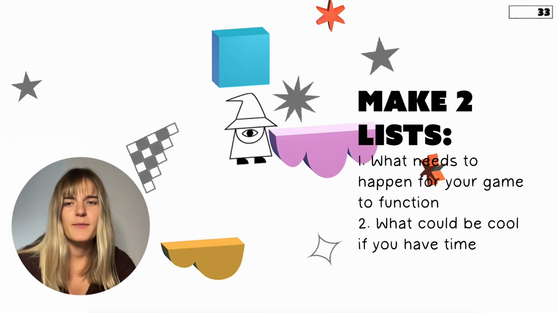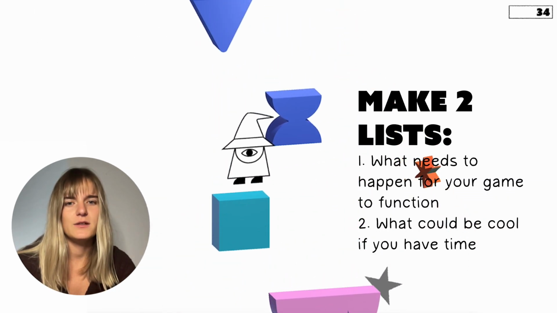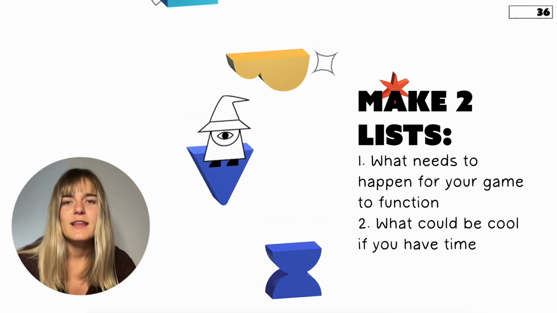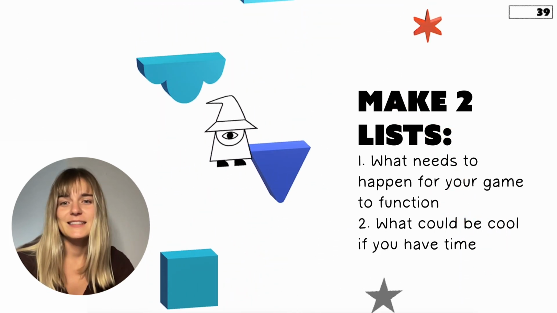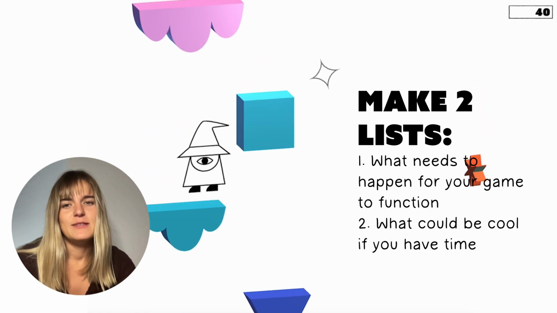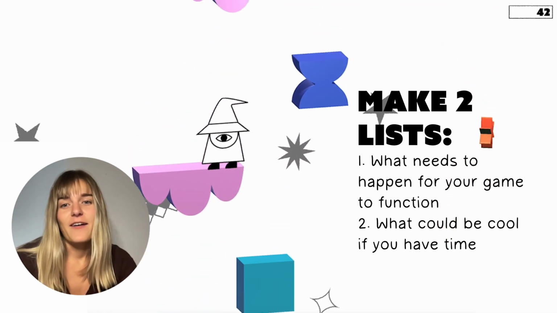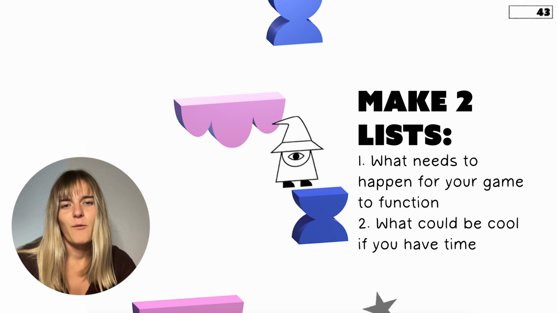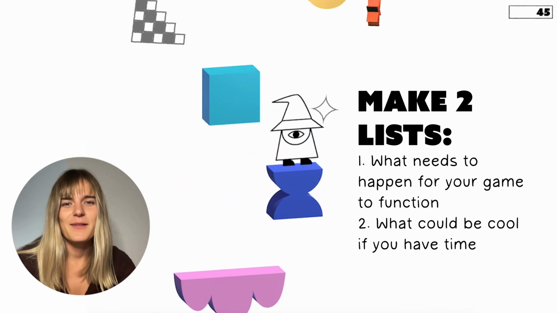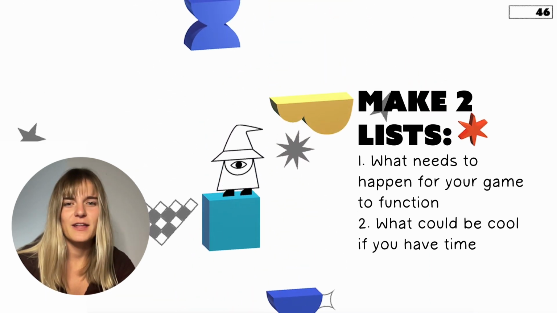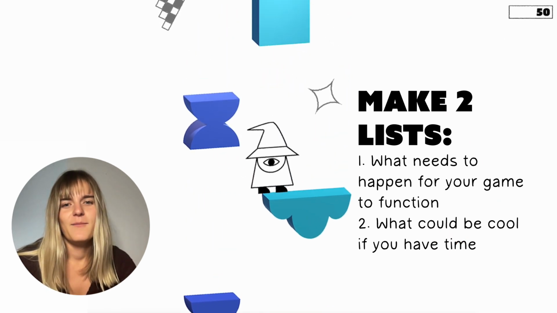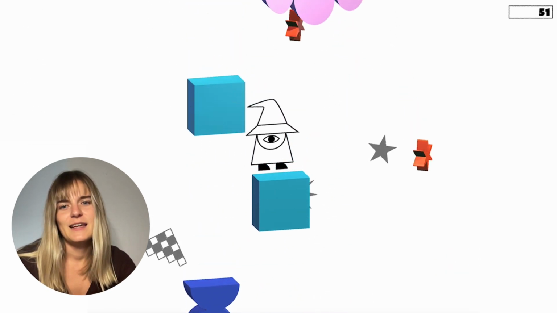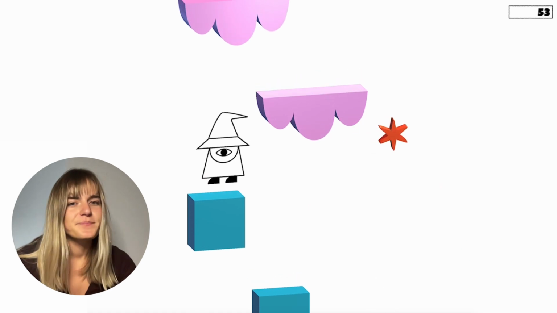So I would really recommend making a list of: okay, what do I need to do in order for my game to function, to get me to the point that I can play test, and what would be nice, could be cool things to add on if I have time. And I wish that I had done that at the beginning of this game, separated that out into a list of could be nice, would be nice, and here's what absolutely needs to happen, because I'll definitely make that list for the next game that I build.